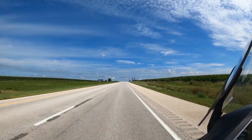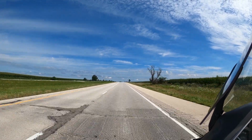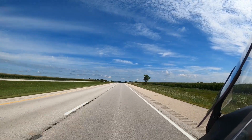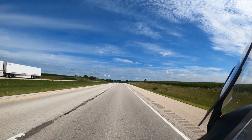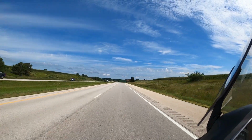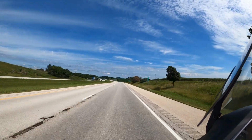I remember climbing out of the truck and thinking to myself, what the hell am I doing here? I don't know anyone here. I'm not an outgoing person where I can walk up to people and present myself in such a way. But I hesitantly made my way up the driveway,